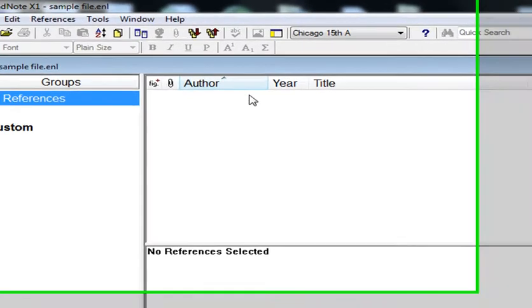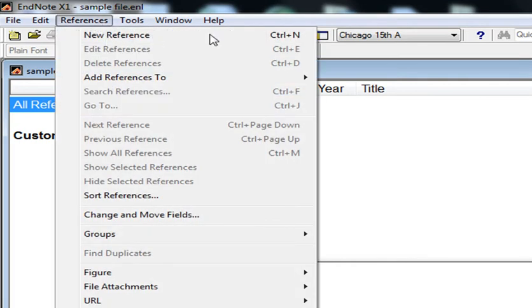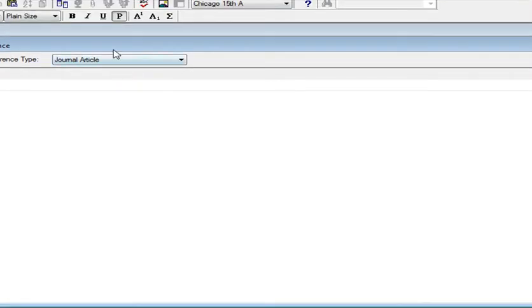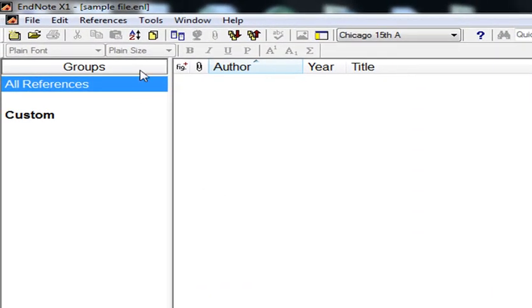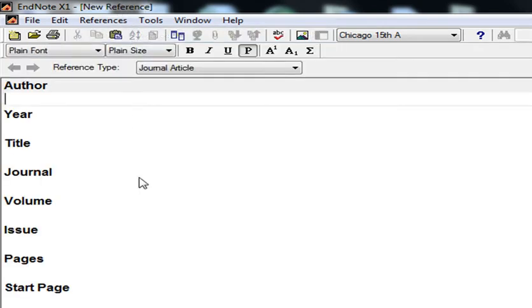For friends, it's very simple. Just go to references and click new reference. First we have to select the reference type. For example, if it is a journal article, then this is the format for that.